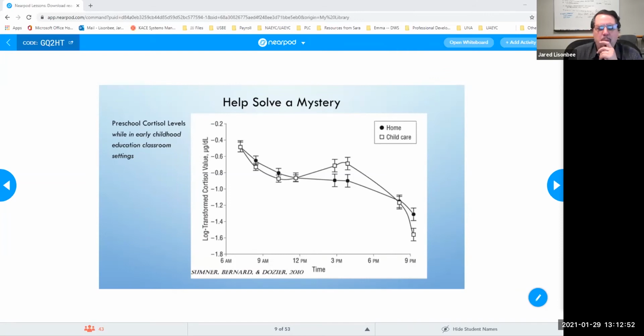So the mystery is, why would this be the case? Why would children in full day preschool programs show this increase, especially when we think about this additional information? When we look at cortisol levels in infants and toddlers, so 1 and 2-year-olds, we don't really see that bump. When we look at stress hormones in early elementary school, so like first graders, we don't see that bump. It seems to be something specific to this preschool time period, ages 3 and 4. Okay, so think about that for a moment,